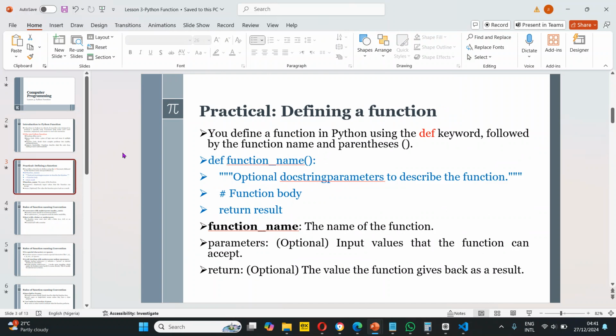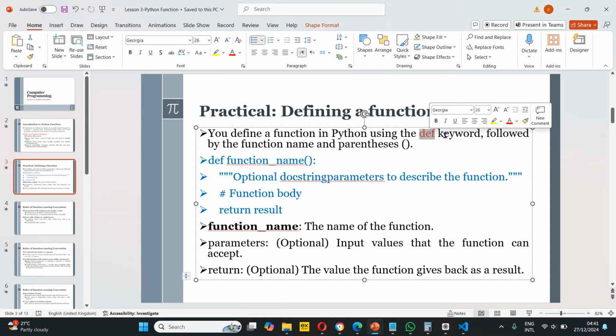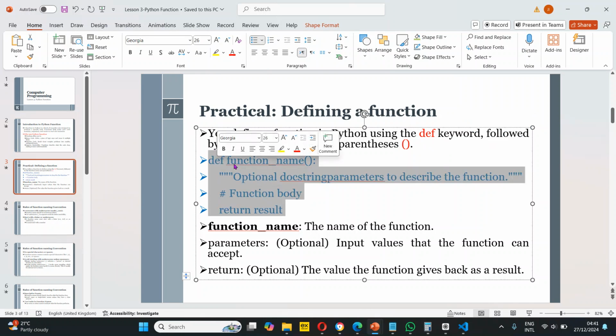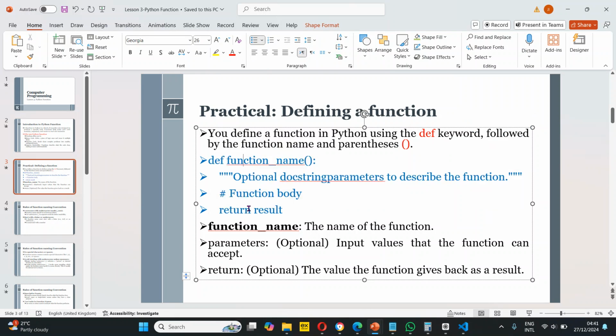So we need to know how to define a function in Python. We have a reserved word called the def keyword, right? The function uses this def keyword, followed by the function name and the parentheses. Now this is an example of a function where we have the def, then the function name, and then the return result, which is optional, and then the function body, which is the algorithm we need to write within